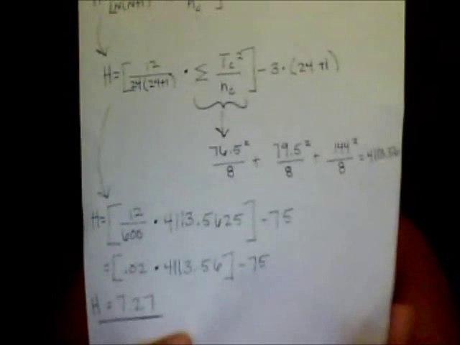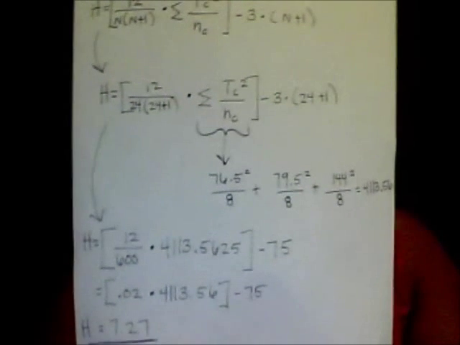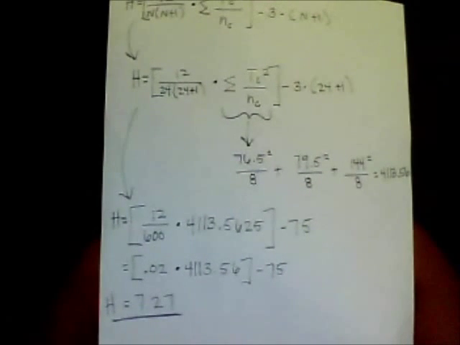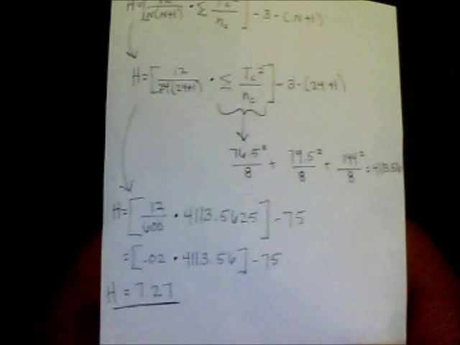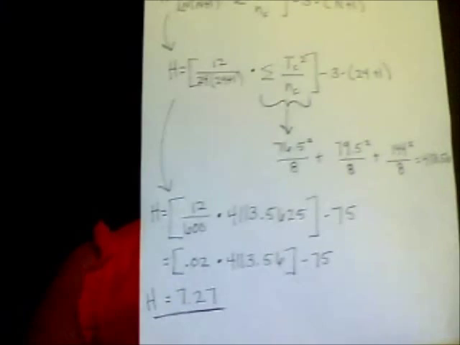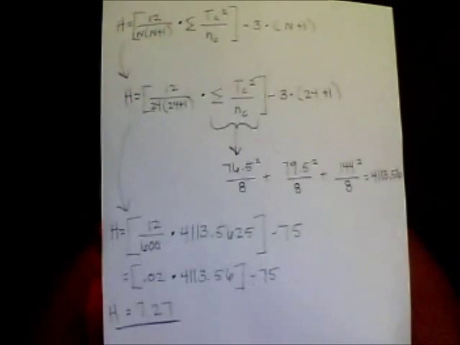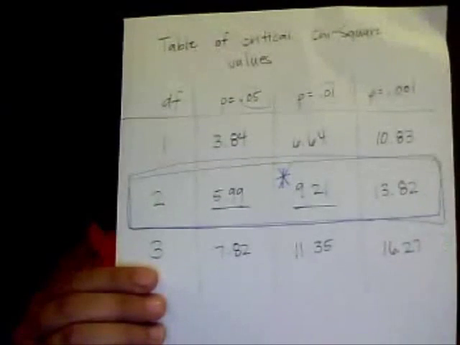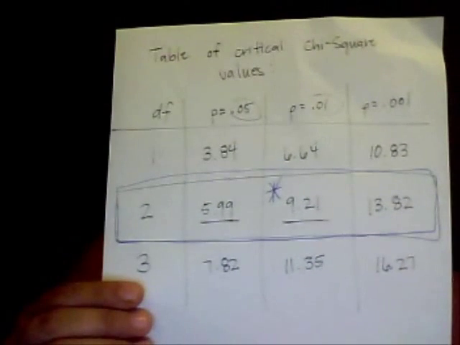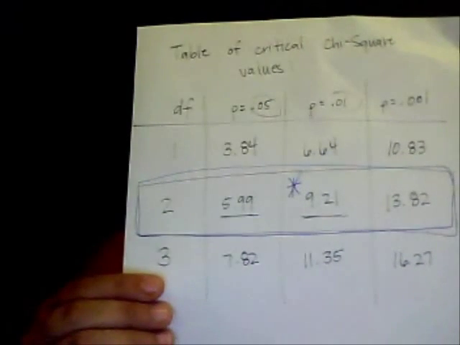So now that we have our H, we know that we have to look at our degrees of freedom chart. Degrees of freedom is the number of groups minus 1. We had 3 groups on that first chart, minus 1, so we have 2 degrees of freedom. So we're going to just pull the part of the degrees of freedom chart that we need, and we are able to see that